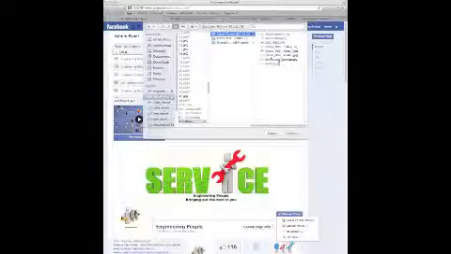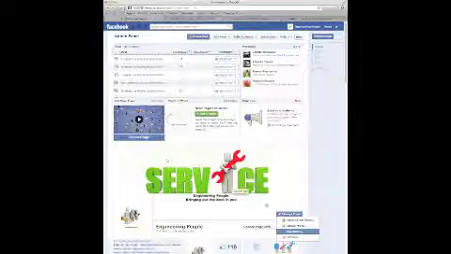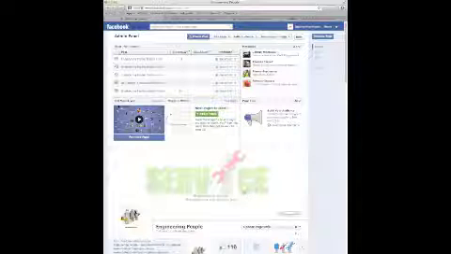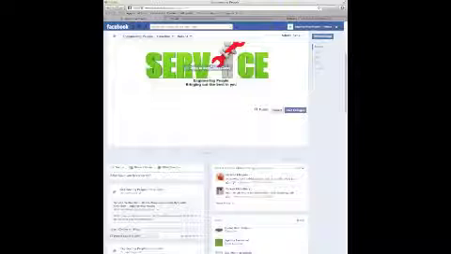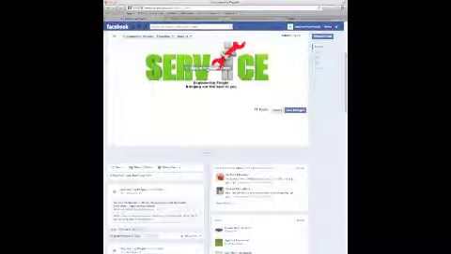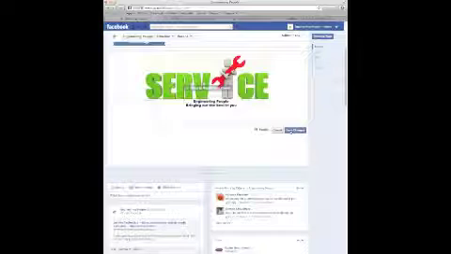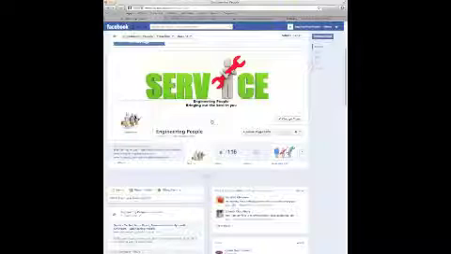Click on cover picture and just choose whichever picture you want and then click on choose. Once that comes up, say I've chosen this photo, I can even reposition my photo. So basically you just drag your photo around to see where you want it to fit. And when you're happy with it, just save changes. The same thing